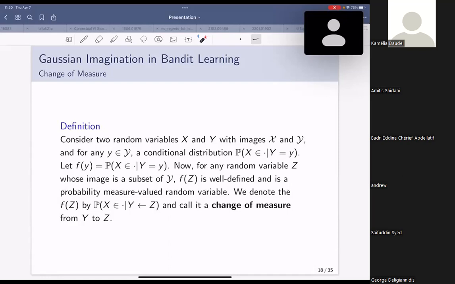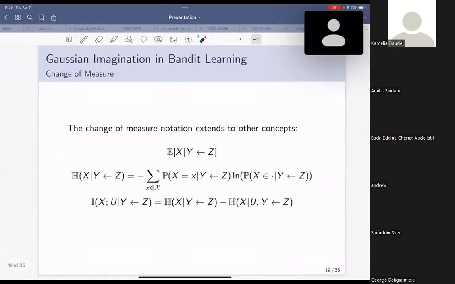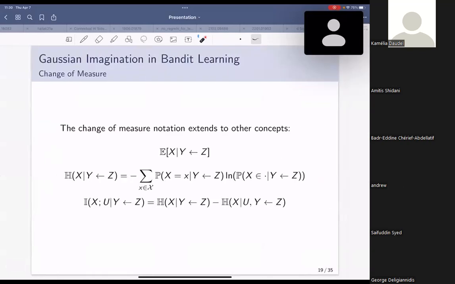And so we call it a change of measure. And since we have defined the distribution, the probability, now we can define expectation, entropy, and mutual information, all based on that change of measure. So all of these concepts are well defined. And so now we can move on to the main theorem